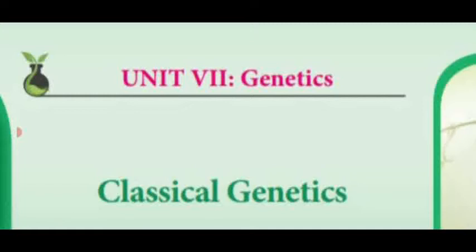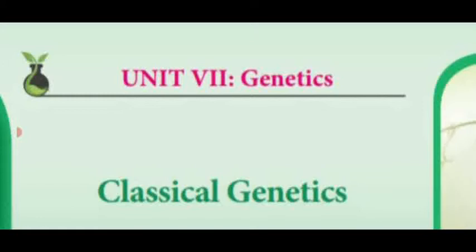Dear students, in the previous video class, we have seen only one inheritance, that is polygenic inheritance in wheat kernel. What is polygenic inheritance? Several genes which are combined together alter the phenotypic ratio or single trait of an organism. That is said to be polygenic inheritance. It is an important 2-mark question. A group of genes that together determine the trait of an organism.